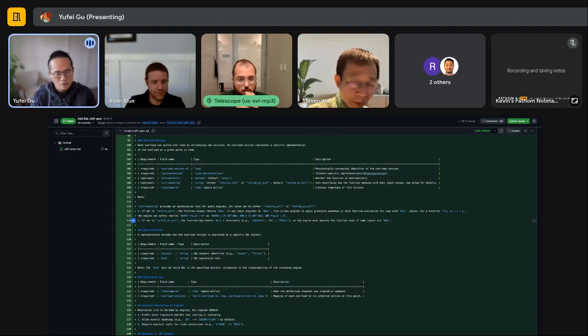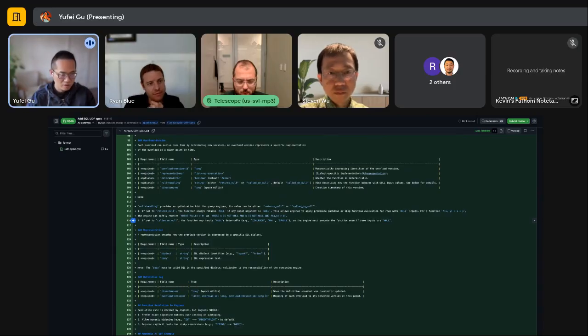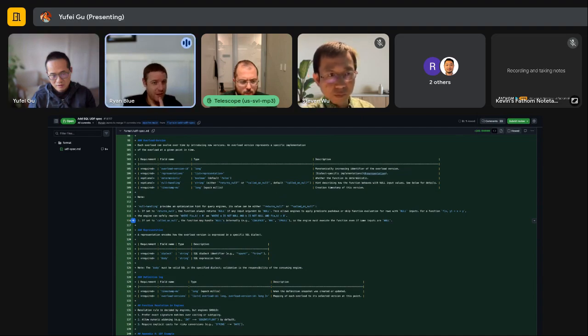So I have one question. If we say certain parameters are not nullable, that means the engine will make the decision whether to call this function or not. But how do we avoid that when the engine sees this parameter is null? I mean, that's a good point. I think in that case, you would require all parameters to be optional and wouldn't have a parameter null, not null kind of flag.